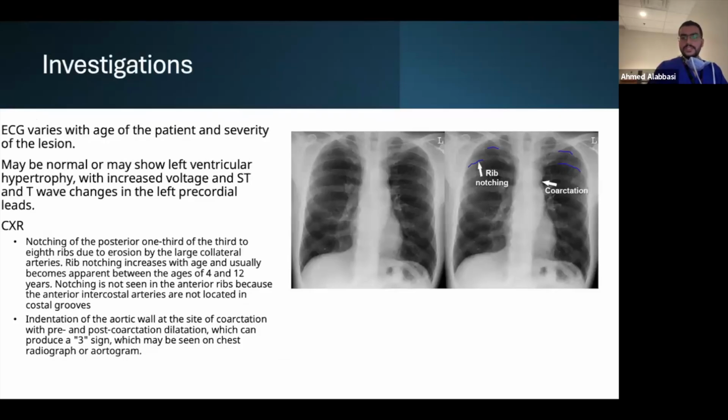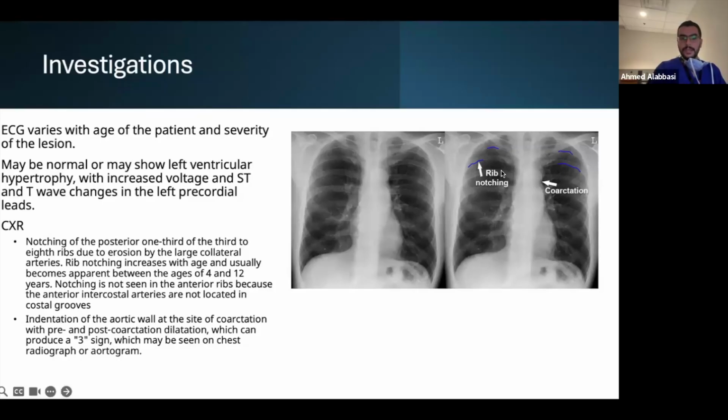We'll start off with maybe just the basic investigation. So ECG may vary and may be normal. And if there is left ventricular hypertrophy, you may see some increased voltage and ST-T wave changes in the left precordial leads. The chest X-ray may show us